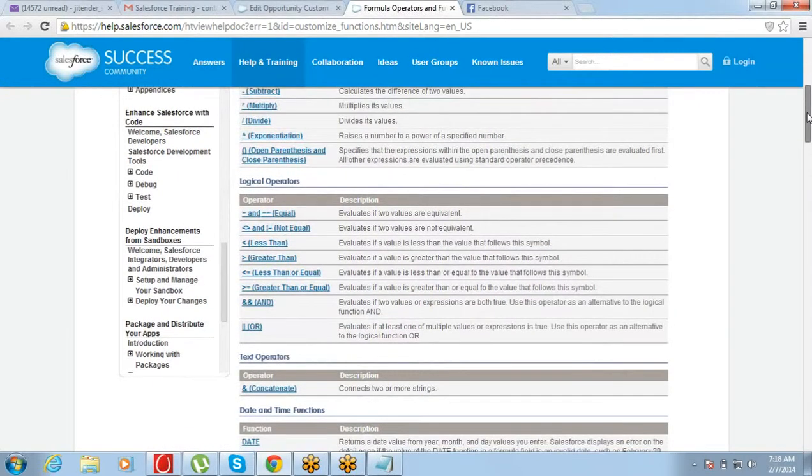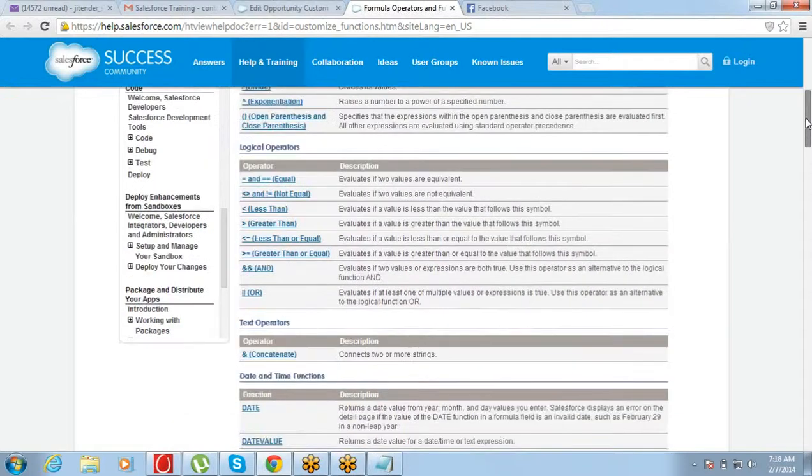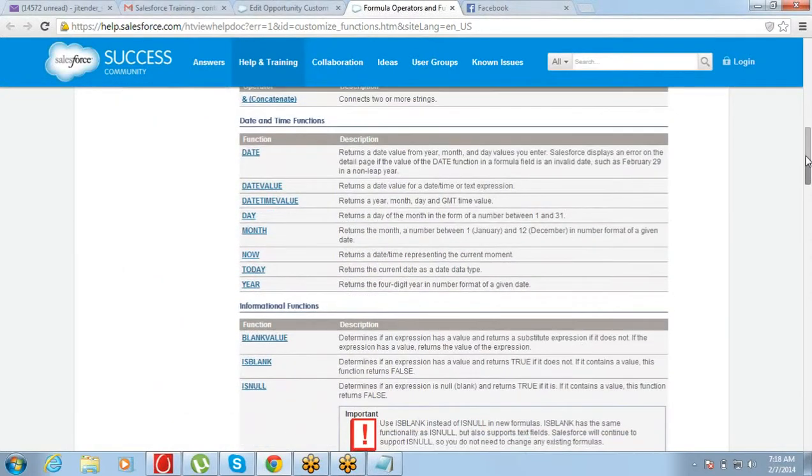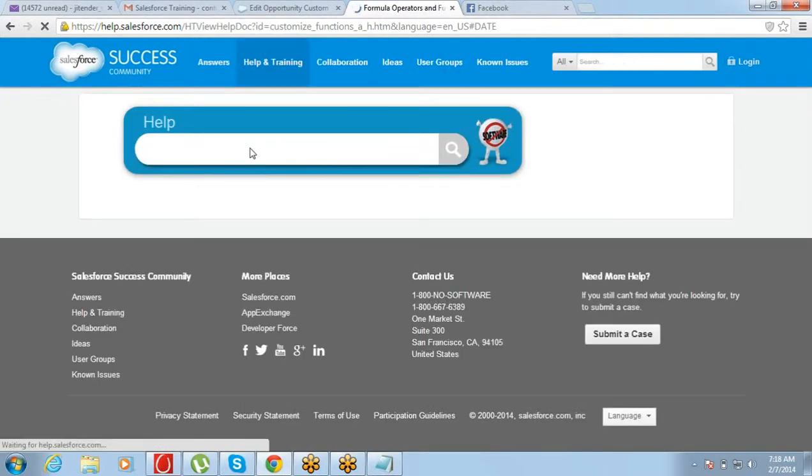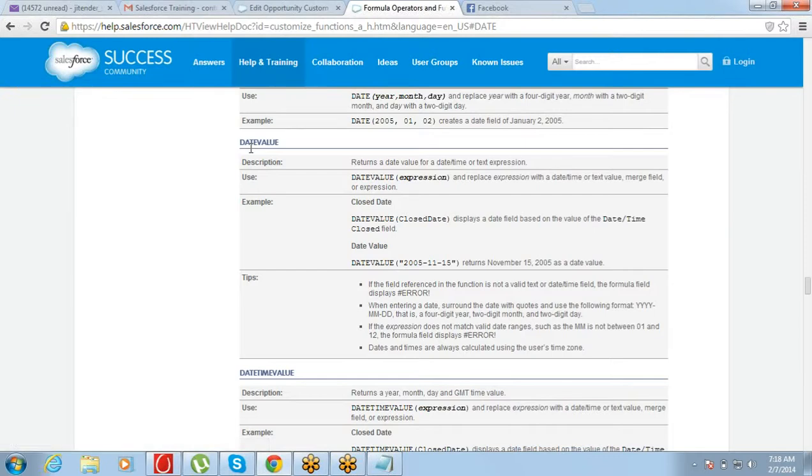You can click on any function and you will see an example of it. It's a very nice link actually.